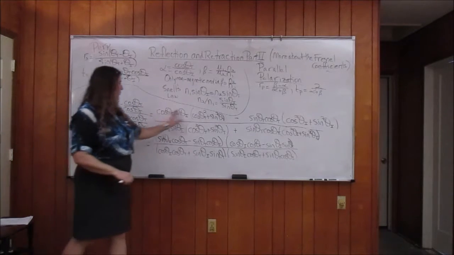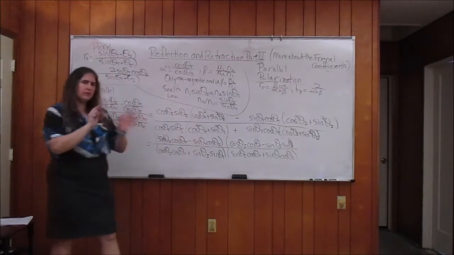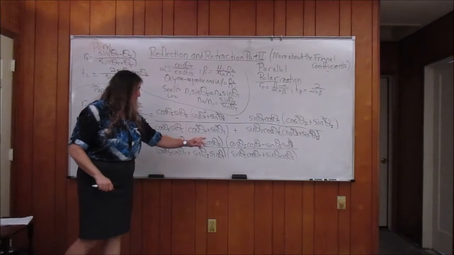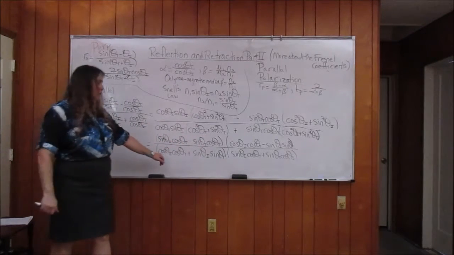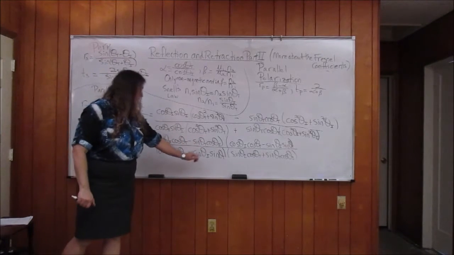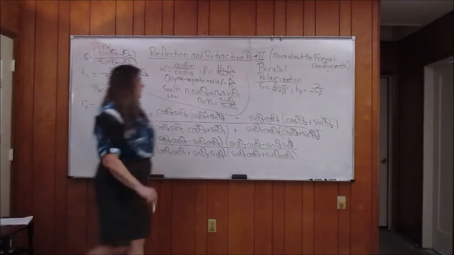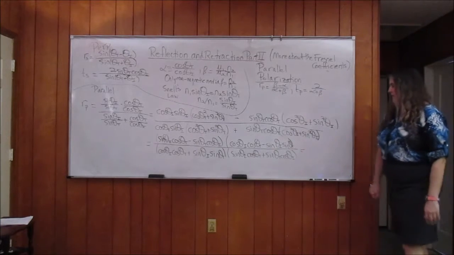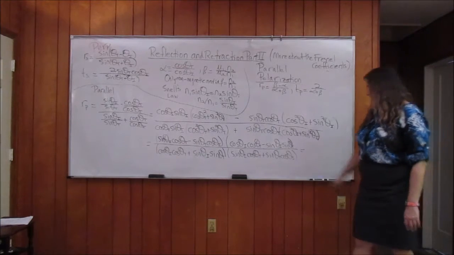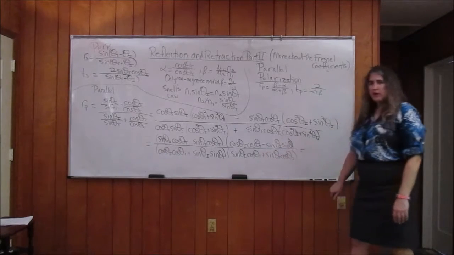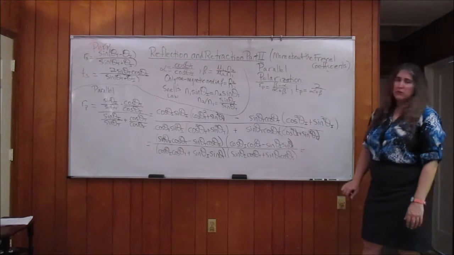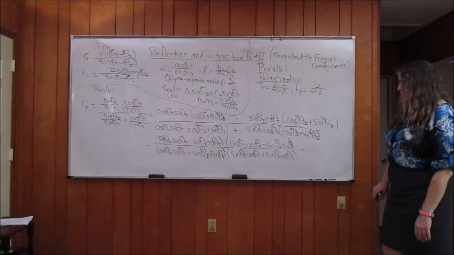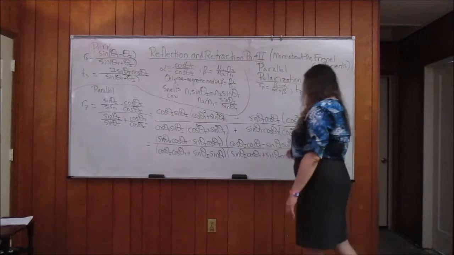So once I multiply everything out, I can factor these apart into 2 different factors. So I have sine theta I cosine theta t minus sine theta t cosine theta I. In the denominator, I have cosine theta I cosine theta t plus sine theta I sine theta t. And on the right-hand side, cosine theta I cosine theta t minus sine theta I sine theta t, times sine theta t, all over sine theta I cosine theta t plus sine theta t cosine theta I. And hopefully I did not mix up any of the indices or subscripts along the way. Anyway, the upshot of this is that you'll wind up with